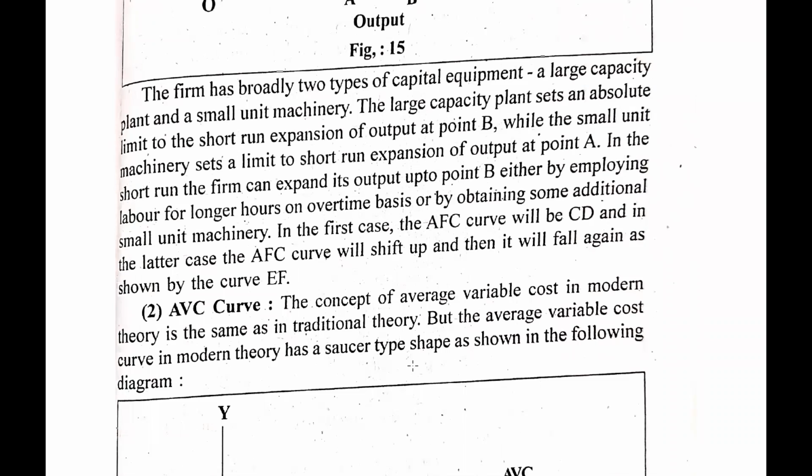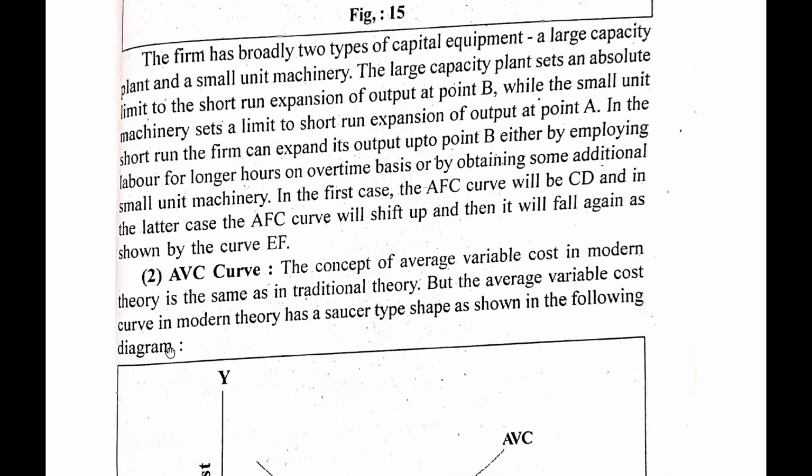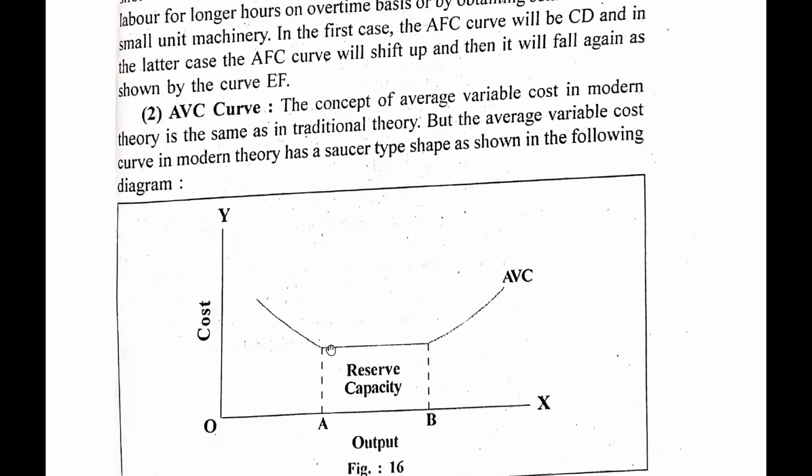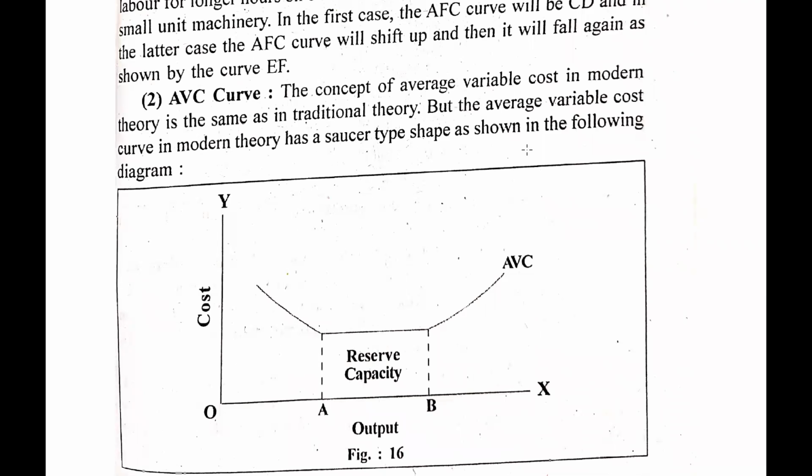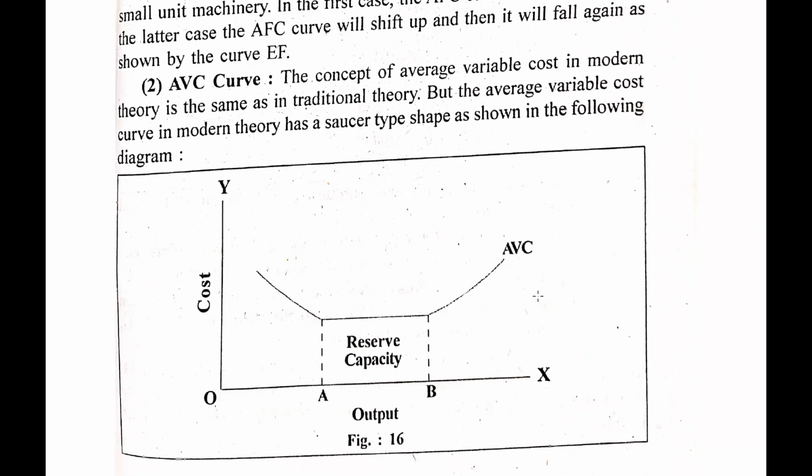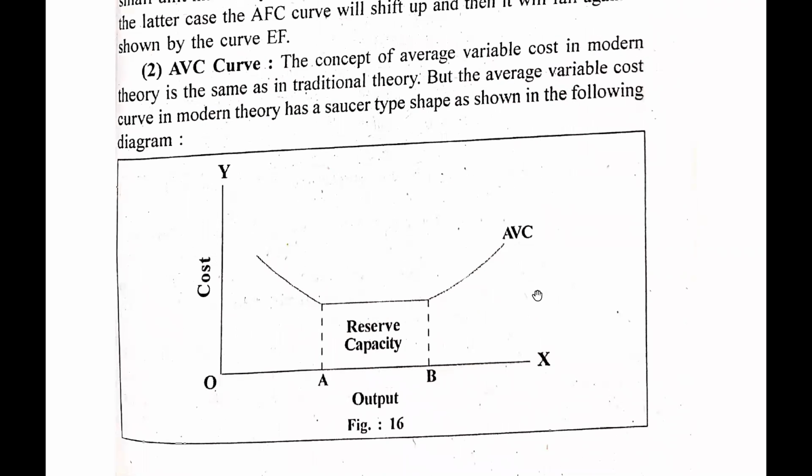Now we will see the situation of average variable cost in the modern theory. The concept of average variable cost in the modern theory is the same as in the traditional theory, but the average variable cost curve in the modern theory has a saucer type shape, as shown in the following diagram. In the beginning, as we increase our production, our average variable cost will decrease,